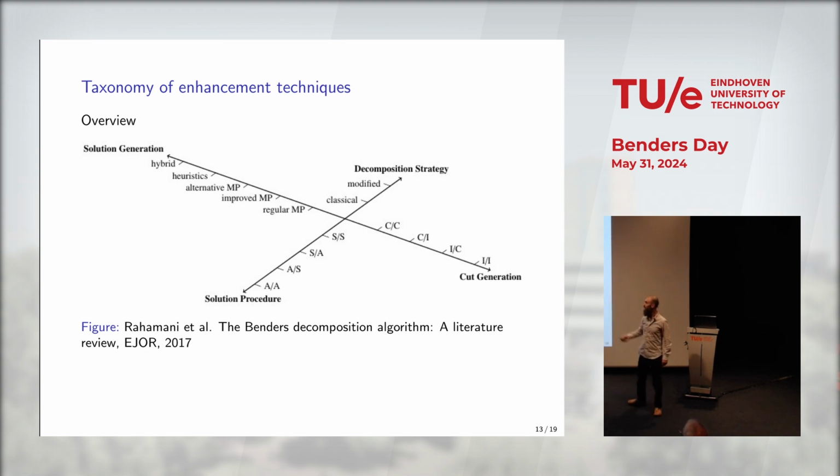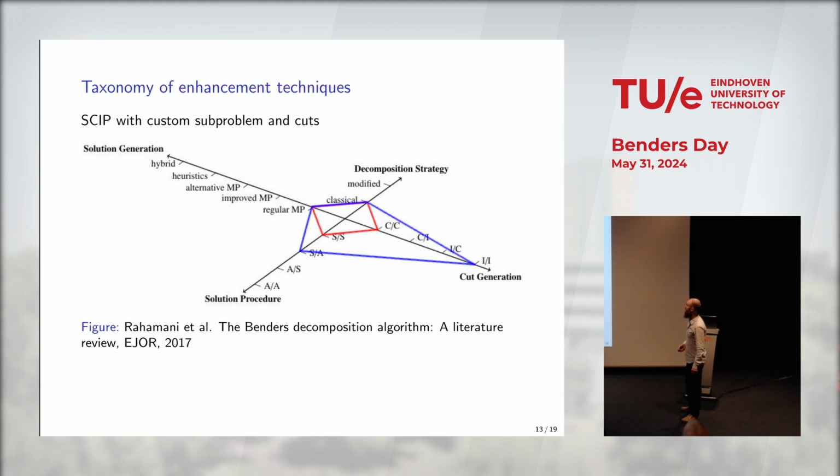Typically the generic implementations that we have available, your CPLEX, your SAS, like Kaluna, the DSP, they sort of sit here. And this is what they said in the paper is the landscape of what you can do with Benders decomposition. So we're not getting very far, are we, with these generic implementations? Then with SCIP, it does actually extend out a little bit more. You can do a bit more with it.